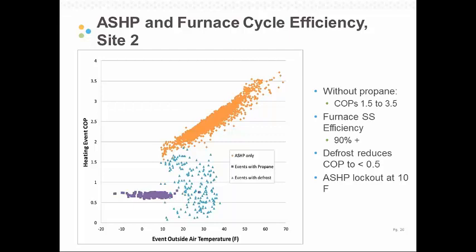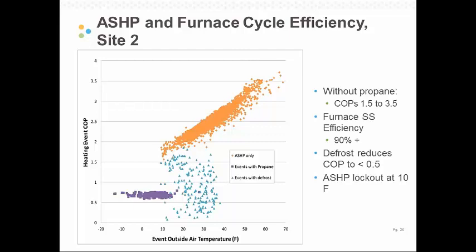We're looking at the coefficient of performance, or again, essentially the efficiency of the cycle, versus the various outdoor air temperatures. If you look at the very cold temperature performance down there when it's 0 degrees outside, essentially any time below 10 degrees, you see a lot of those purple events somewhere around 80% efficient. And that's the furnace only running in backup, each cycle running at about its efficiency,